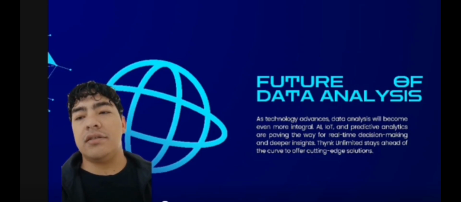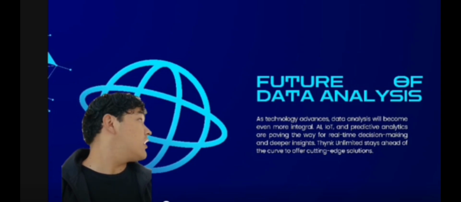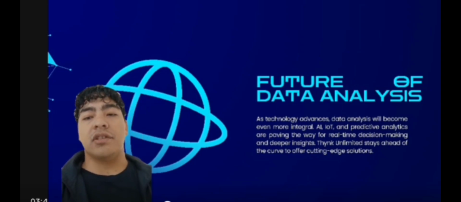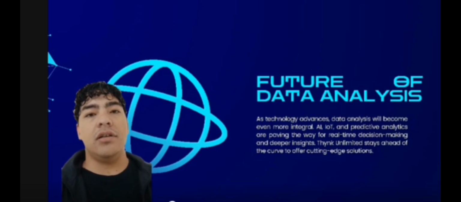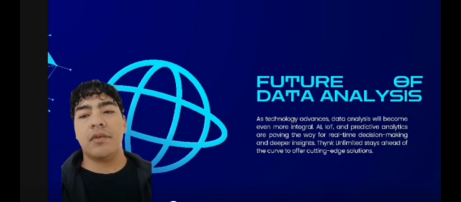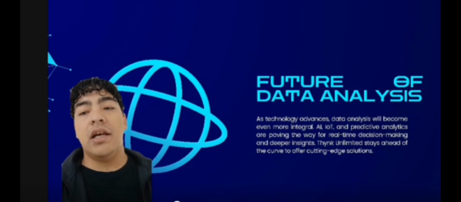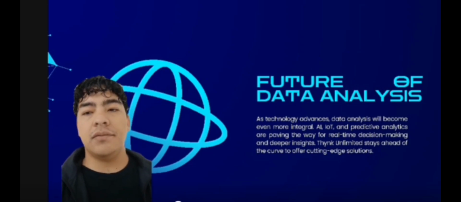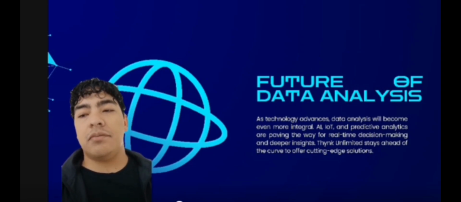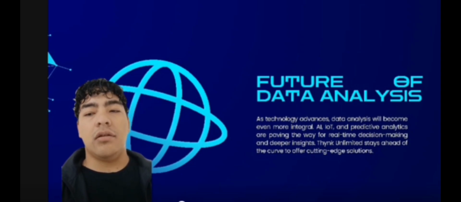CMMI, this is a maturity model that constantly improves processes. For example, a company that adopts this model can move from chaotic processes to an organization that measures and constantly improves. These standards help teams develop, ensure quality, and improve market competitiveness. And companies that apply them typically have more reliable products and more satisfied customers.